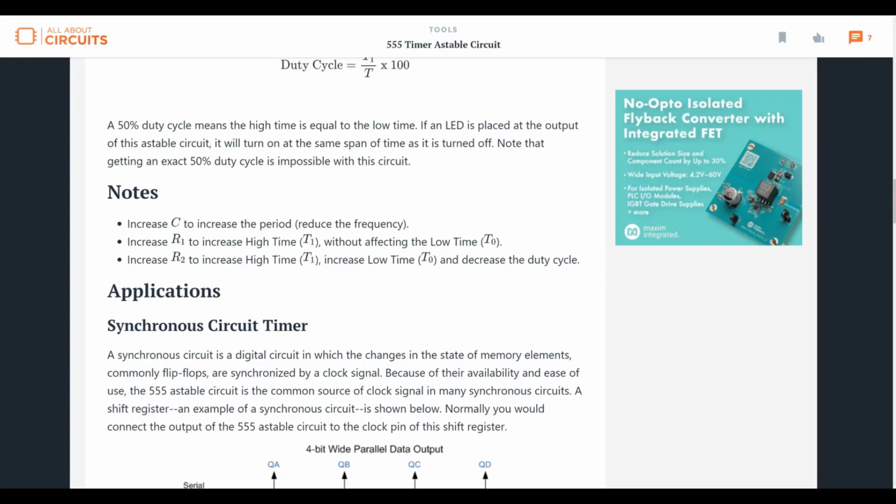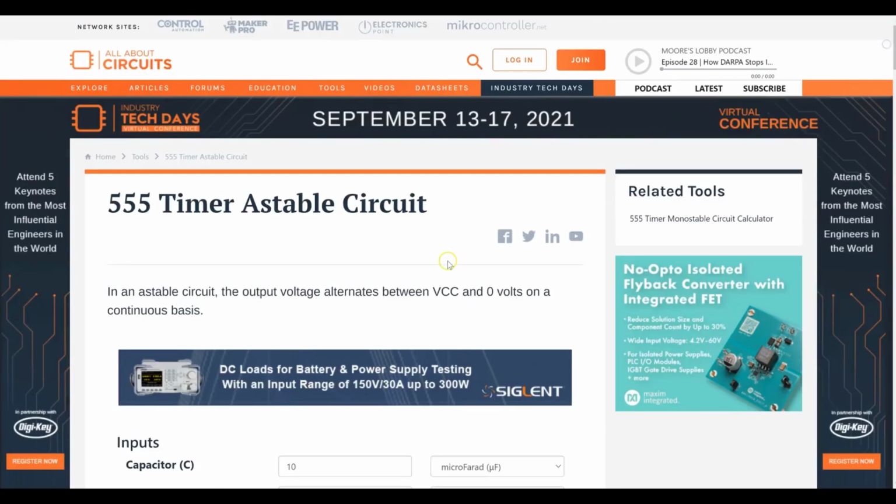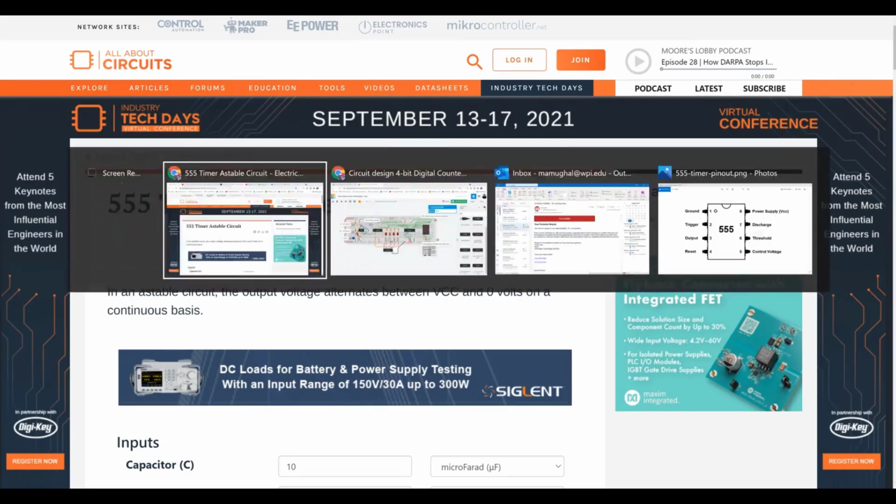Okay, so depending upon what application you may be working on, so say you want something to be on for a certain amount of time and then goes off. If that is critical, then you might want to change these values to adjust your high time and low time, right? Okay, this is pretty awesome. I love this article, so I thought I'll share it with you. And now we're gonna go to the circuit itself